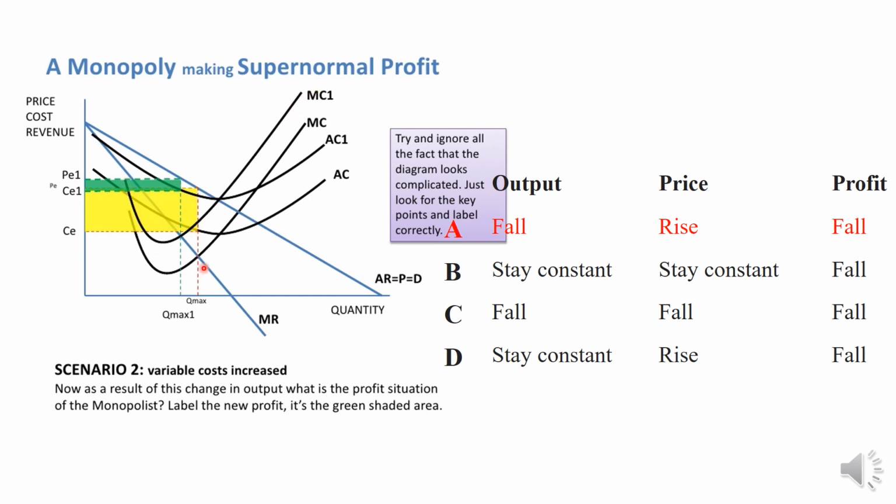Now we can see that previously MC is equal to MR at this point. This was the profit maximizing point, but now the profit maximizing point is this one. MC is equal to MR at this point. So what happened to the quantity? Output has fallen. And you can see what happened to the price. Previously price was this one, CE1, but now price is PE1 because average cost is increased, cost of production is increased. And previously the profit area was shaded yellow, but now only this green area is the profit. So what will happen to the level of supernormal profit? It is also reduced. Okay,